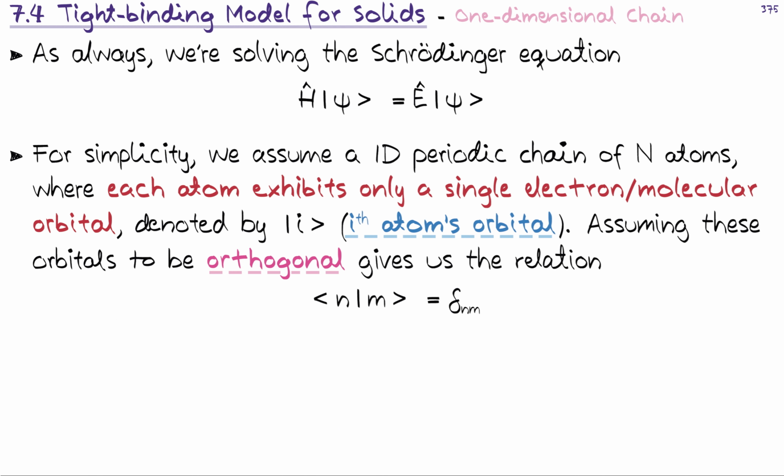Because after a while, we add into this model a possibility that an electron can hop from the nth atom to the mth atom, so that the electron states can move around slightly in the system. And of course, it's entirely obvious that if this kind of hopping can take place, these orbitals cannot really be orthogonal, because it wouldn't be physically possible that the electron would move from a different orbital into another one.